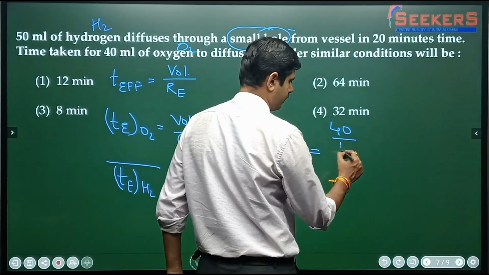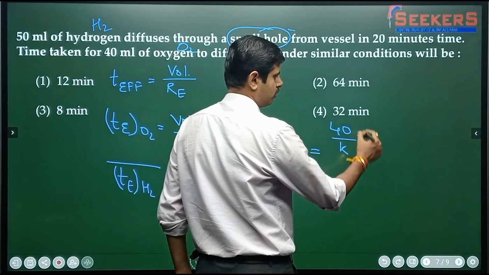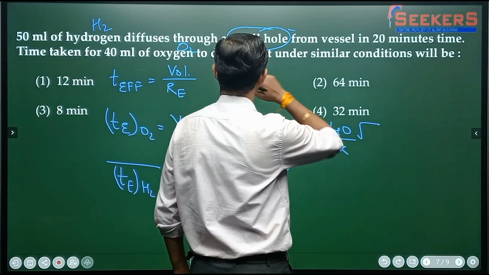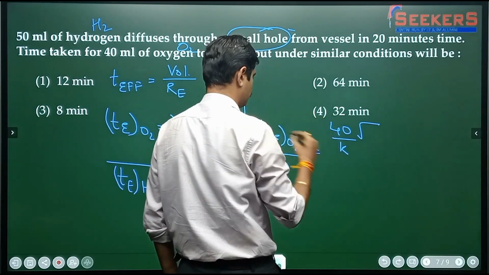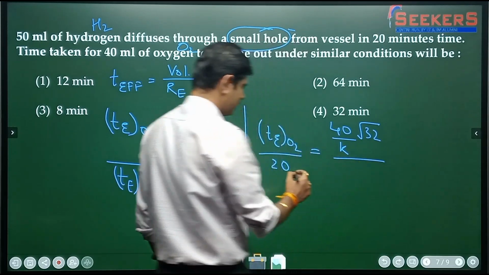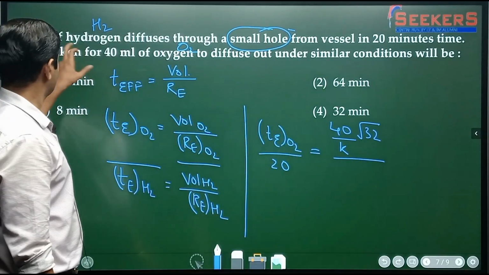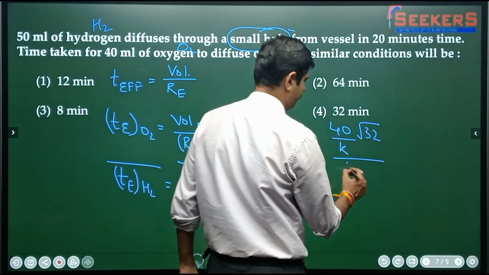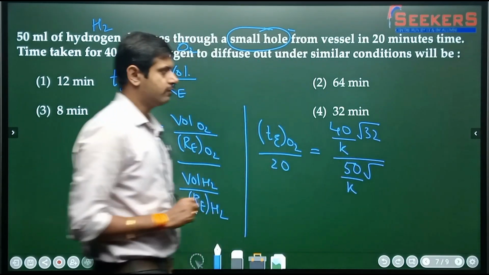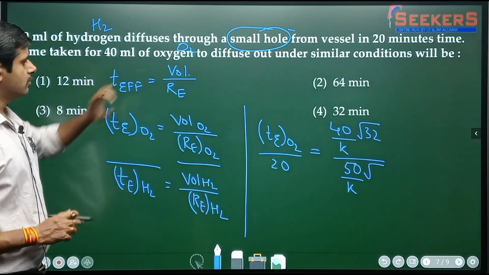So we'll write it here, K root of molecular mass of O2. Molecular mass of O2 is 32, divided by, what is the volume of H2? Volume of H2 is 50 ml, divided by K root of